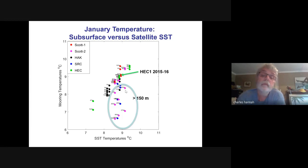And here in the green, those 2 green dots pointed out by the green arrow is actually where the time series that I showed you. You can see I actually managed to pick the time period when it was pretty much isothermal. You can see